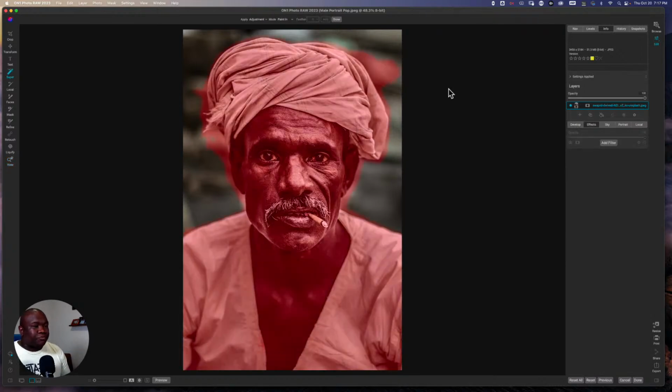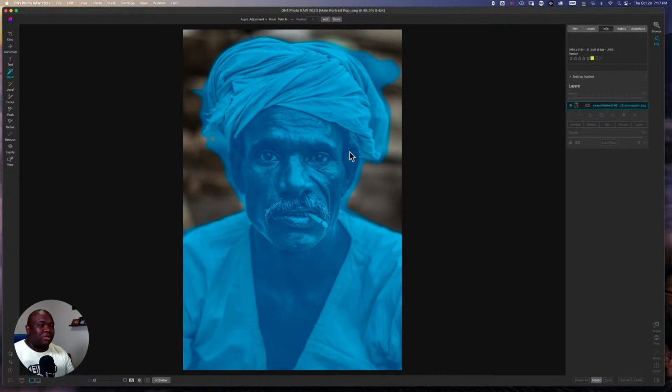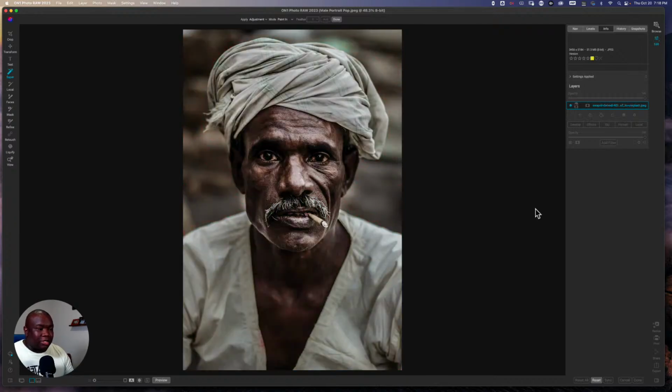So if I hit the letter K, I get the entire image. Obviously, some room to work. It's not the fidelity that we got inside of Lightroom. And this isn't bad, okay? This is just different. And I feel like there's more cleanup work with this version of the mask, because I don't know why ON1 is thinking that it needs to come out here or over here. There's this huge halo that's going on out here. I'm not sure what it sees as the contrast. Like, I could just barely make out the gradient between the brightest area to the darkest area. It is visible, but